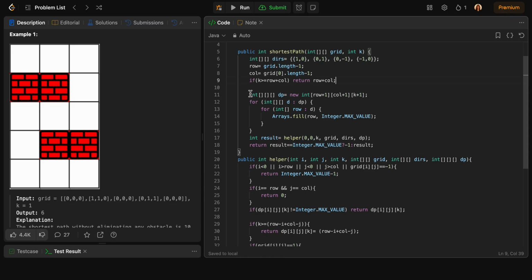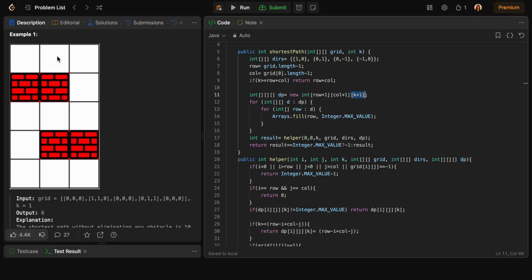Now let's see. This is basically a DP solution that we have given. In this DP solution, we are making sure that we are tracking the row, the column, and the obstacles that we have. Why are we making it a 3D DP and not a 2D DP? Because k can differ. Let's suppose you are asked what will be the minimum steps from moving here to here. It can vary